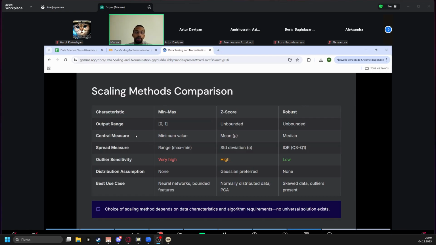About the central measure, in min-max we have the minimum value, for z-score the mean, and for robust the median. We also have a different spread measure each time. The sensitivity to outliers is decreasing with robust scaling. And for each